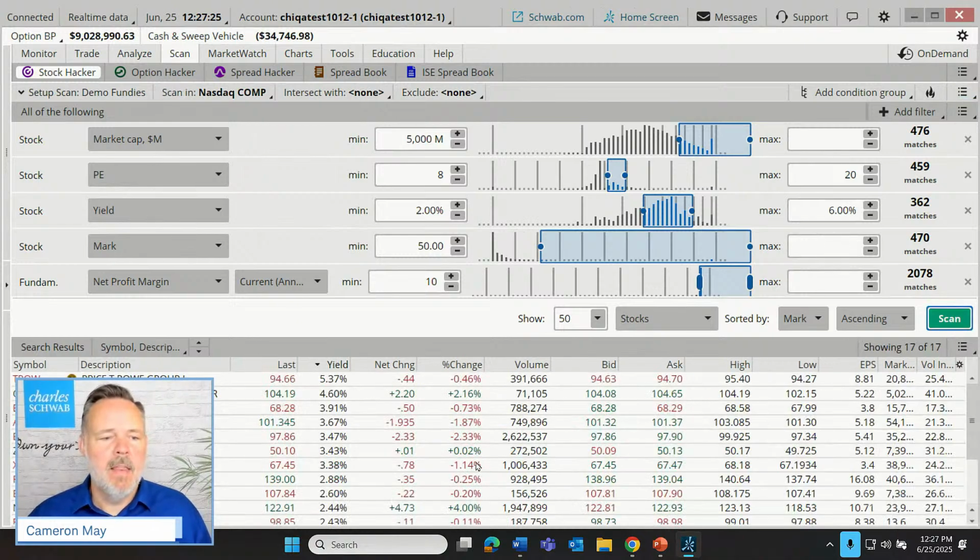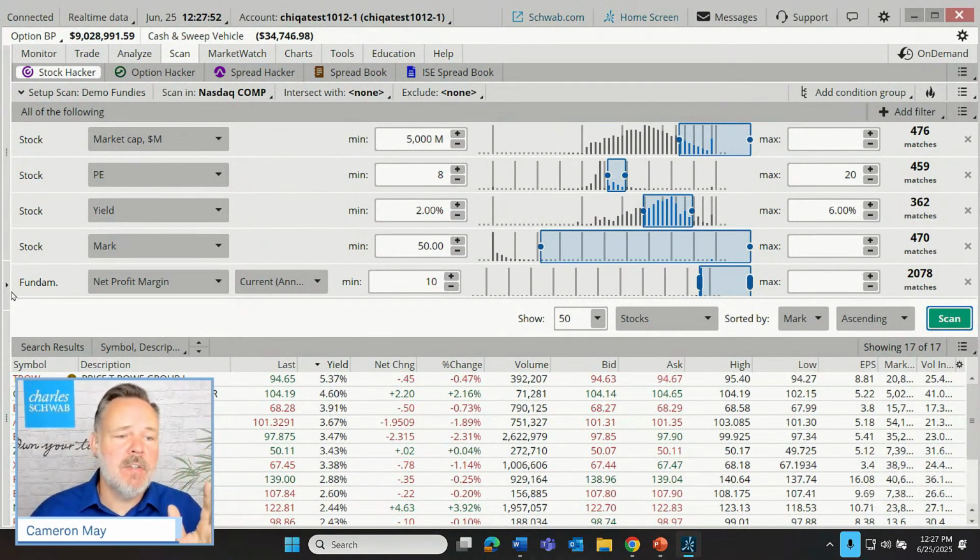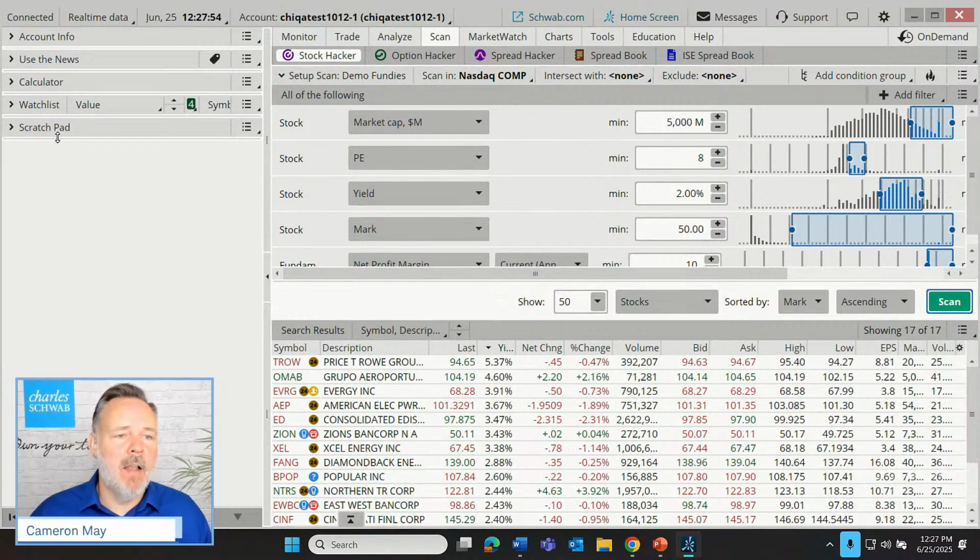Click scan. There are the current stocks. Now they're going to be the same 17 stocks we just found before, but they very well could be different tomorrow and Friday and next week. Now, one other function when saving that scan query, this is kind of nifty. These 17 stocks have already automatically been imported into a new watch list. We didn't even have to do anything special. It's just already there.